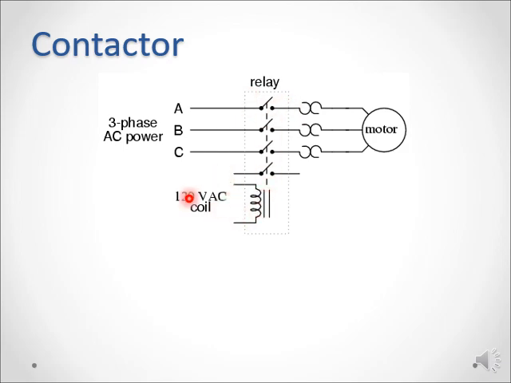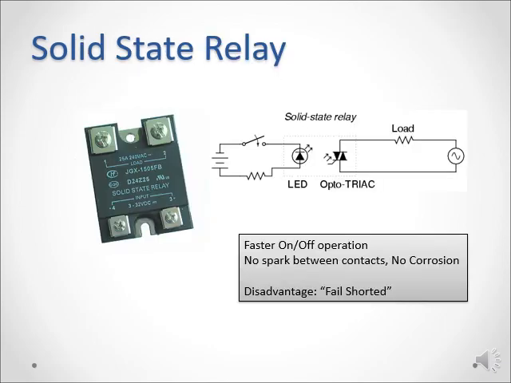Normally it is open, but when the coil is energized, it causes this switch to be closed. You can have a solid state relay as well, which is coupled with an optotriac. A solid state relay uses very low voltage, usually 5 volts. If your switch is closed, the voltage will cause this LED